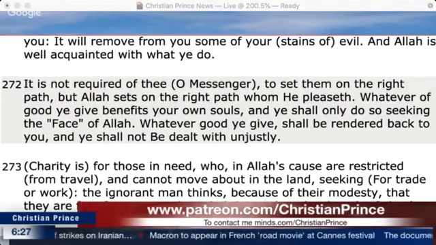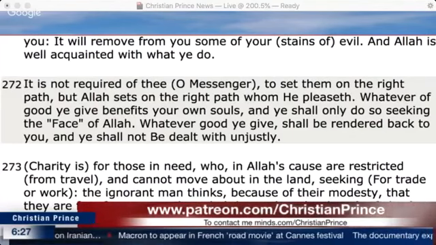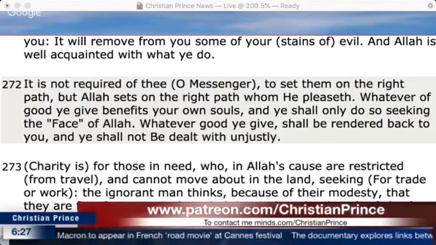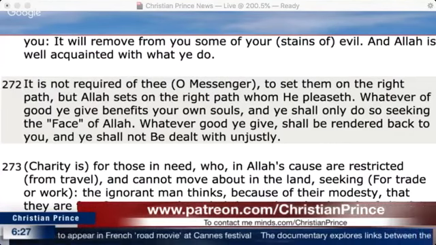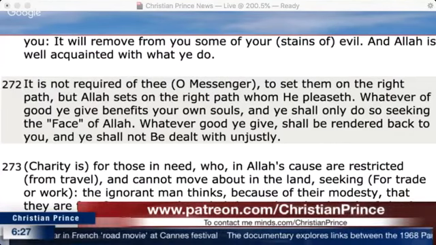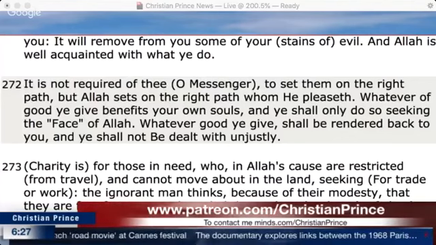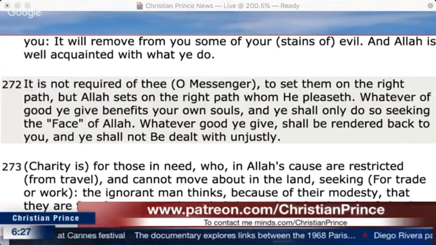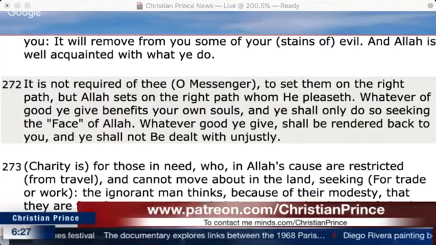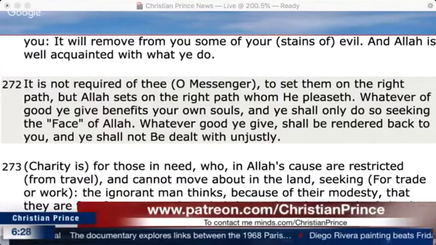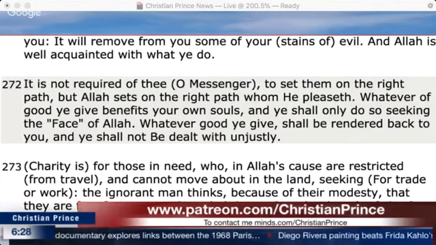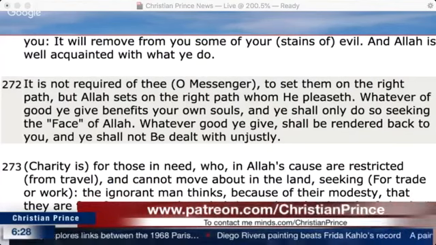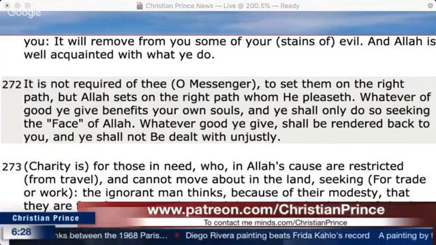Allah also says somewhere in the Quran that if I knew any good in them, I would have guided them. Yeah, but this is a contradiction with Allah, because he is the one who knows. Allah doesn't know any good in them. But Allah is the one who decides for us any good and any bad anyway. He is the one who wrote for us before he created us if we are going to be bad or good. This is what destiny is about. So why, if he knew they have good, he will guide them, when he is the one who wrote the good and the bad of them?